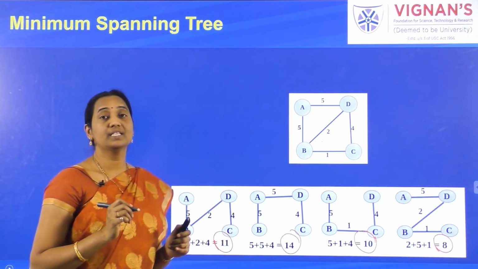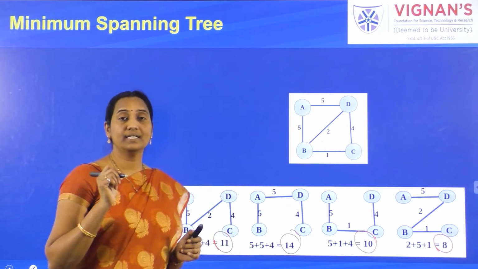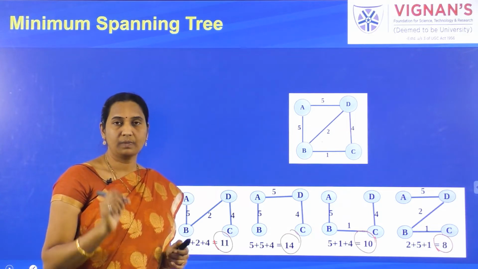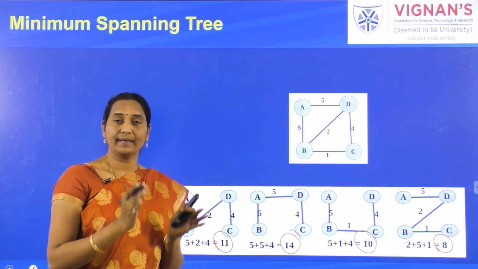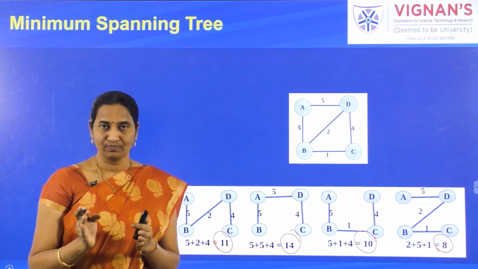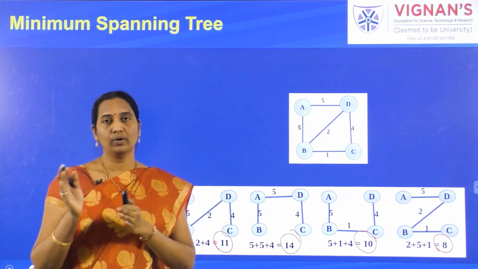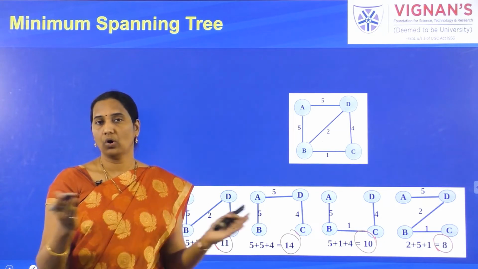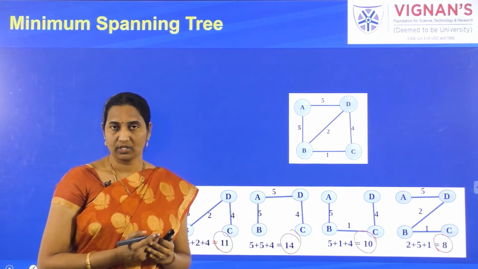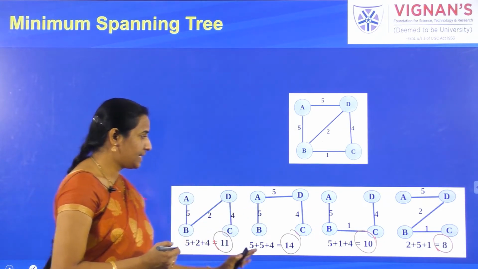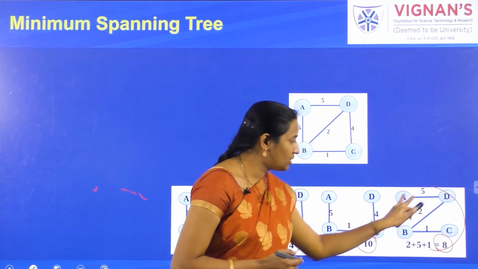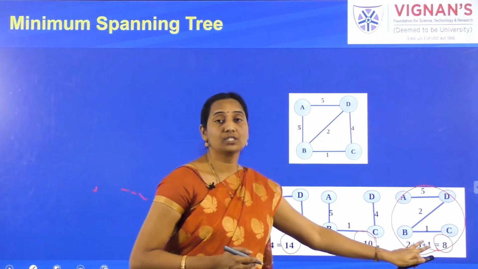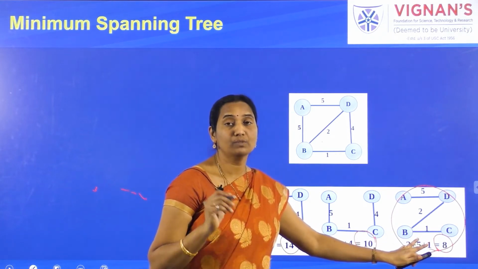Minimum spanning tree is the spanning tree with the least cost, and you remember there can be a possibility of having multiple spanning trees with a minimum cost also. So you can have one or more of the spanning trees which have equal cost, which is the minimum among all the possible spanning tree costs. Okay, and here in this example, this is the spanning tree which is giving me the least cost. So for this graph, this is the least cost spanning tree or the minimum spanning tree.